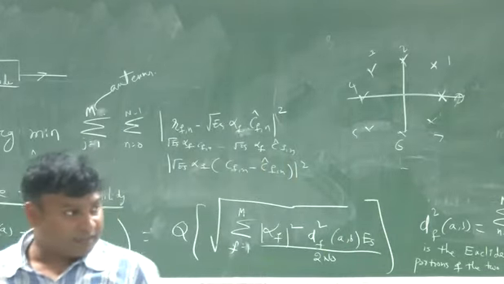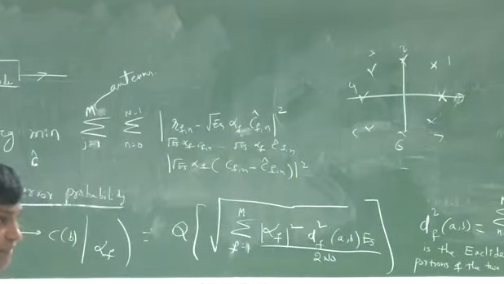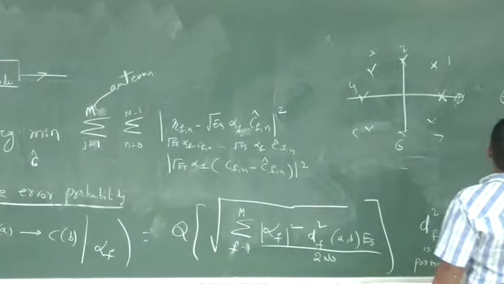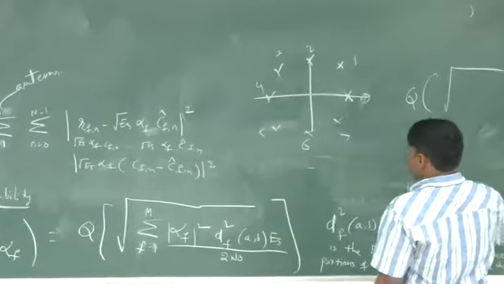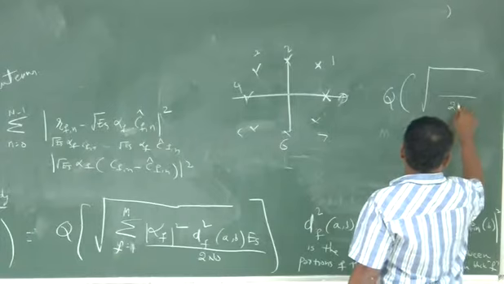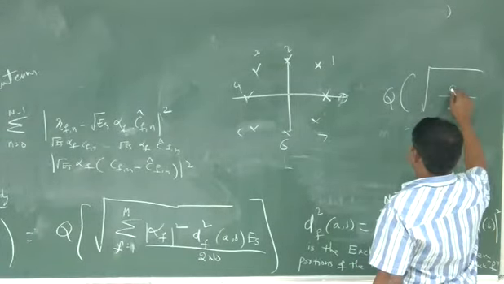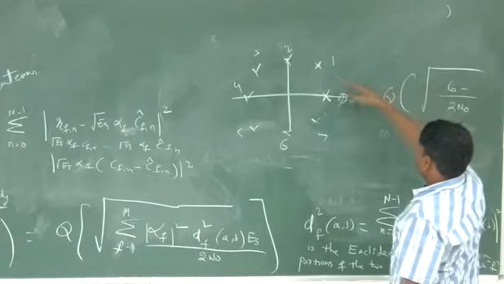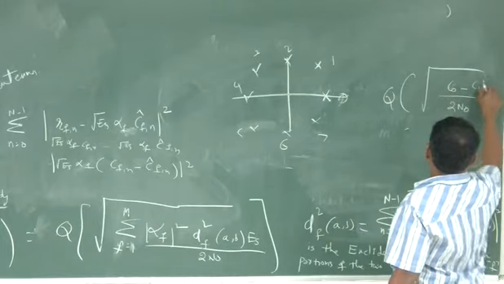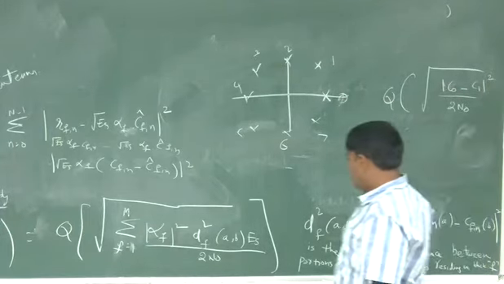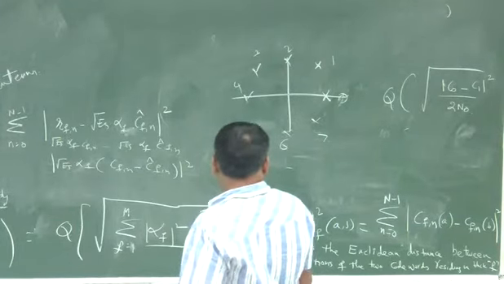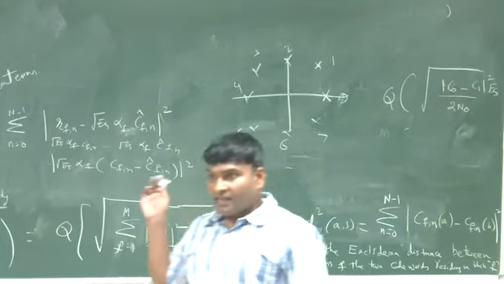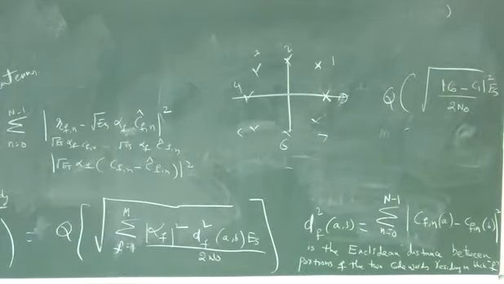What is the probability of error? Well, a measure of probability of error for 8 PSK, symbol error. Q of square root of, let's assume no fading here. What is the minimum distance? Well, the translation C0 minus either C1 or C7, one of them. That's it, right? Does it make sense? This is the symbol error rate for 8 PSK.